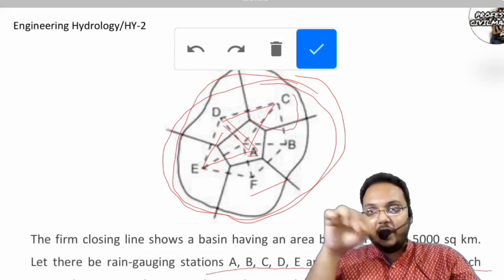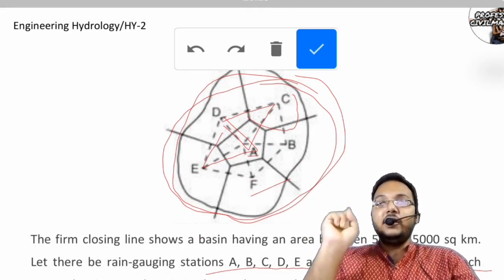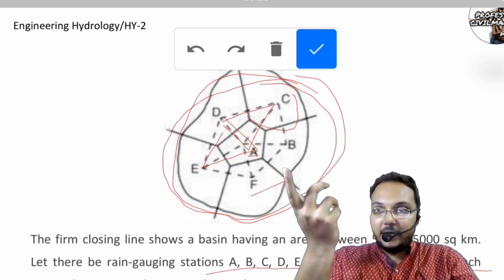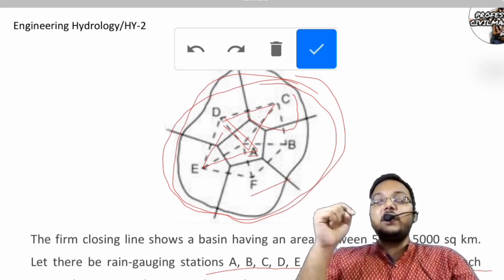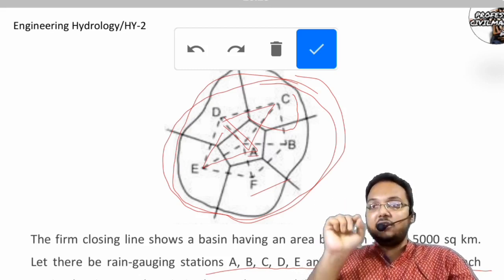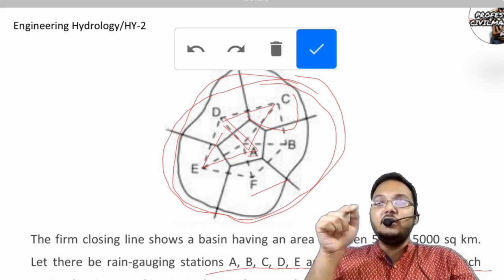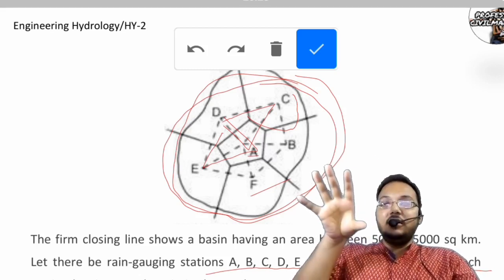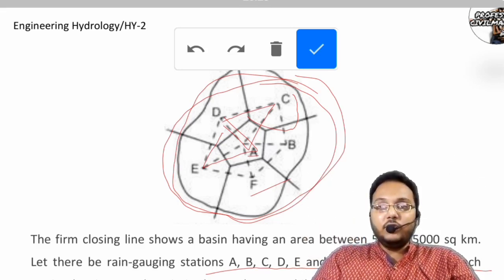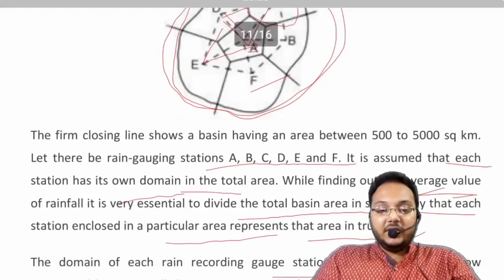First thing, you divide the catchment in such a way that all the rain gauge stations are falling in one polygon each, and you may call it that each polygon is one sub catchment. Then you just connect those rain gauges by some dotted lines, and by joining them you will see that the dotted lines form a triangular network. These are the first two important steps that we are going to do for this Thyssen polygon method.